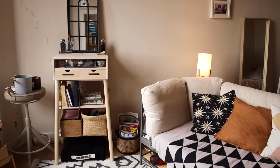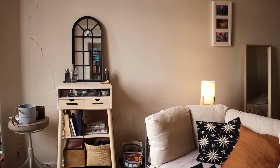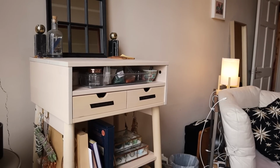for a long time now, my altar has been this little standing desk, little bureau thing that I got from IKEA several years ago. And I actually chose that because I needed something with a very low footprint on the floor, because I was living in a really tiny flat at the time. And so the idea of having something standing and using that vertical space made a lot of sense. And